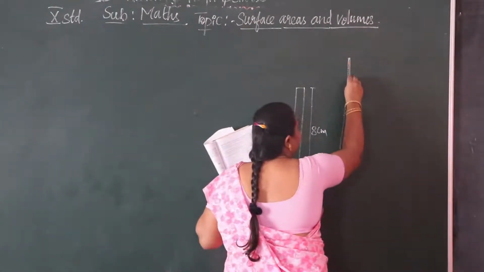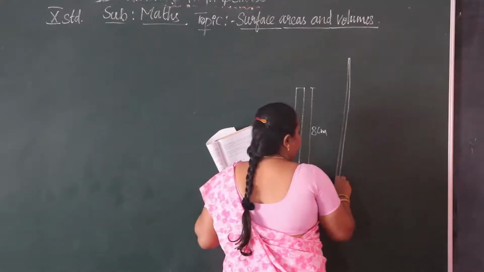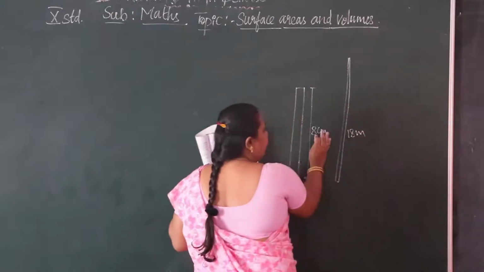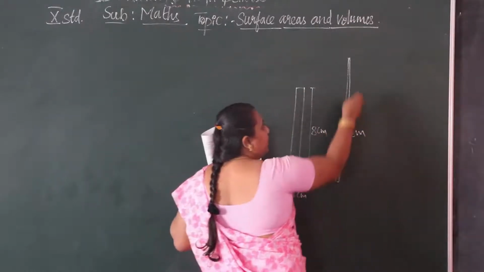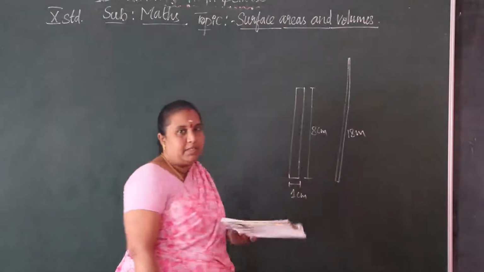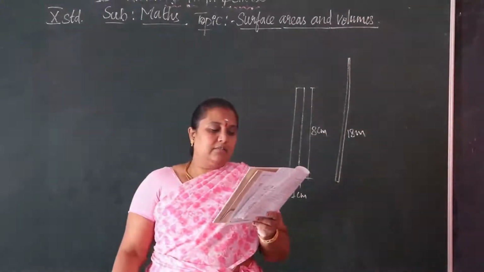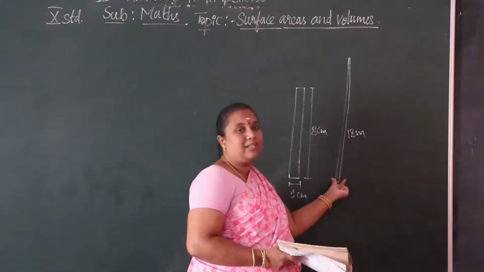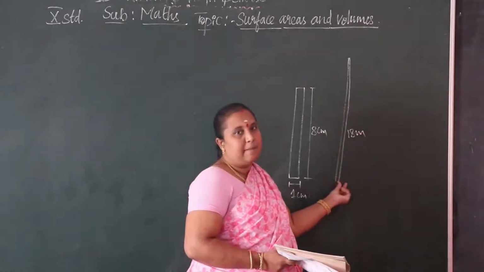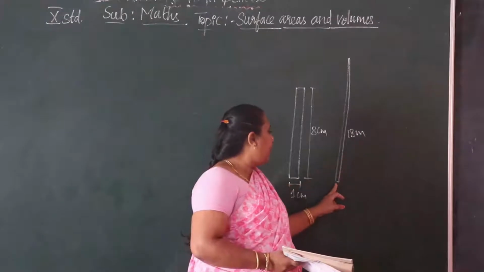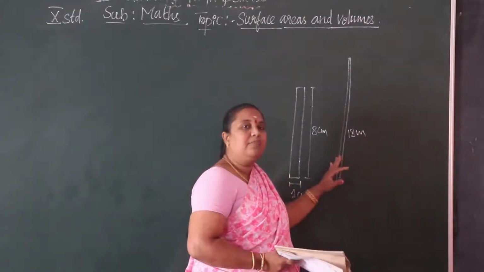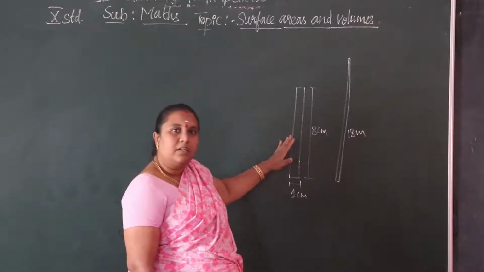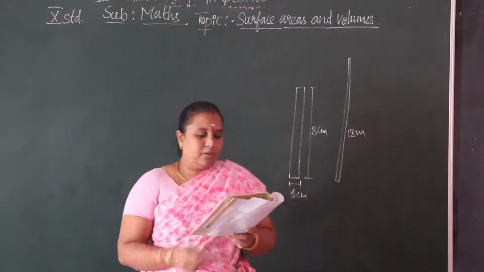So it is a thin wire, so the height is 18 meter. So the 8 centimeter rod can be changed into 18 meter. Find the thickness of the wire. Uniform thickness means we have to find out the thickness of the wire. Thickness means breadth. So length we know and we have to find the breadth. So from this we come to know what is the shape of this. It is the shape of a cuboid.